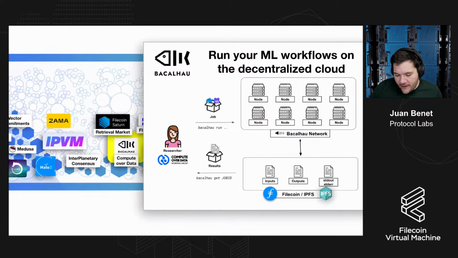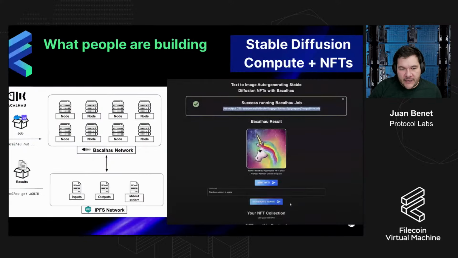This is a major area where I expect a lot of FVM and Filecoin applications to head. Think of being able to use things like Bacalhau and other projects to run ML workflows in these kinds of clouds. One of the most exciting things I've seen built with FVM so far is the blending of ML models. We already heard examples of stable diffusion jobs and so on. Think of this extending to full transformer models, and being able to run all of those systems directly through the computing cloud that Filecoin gives you,